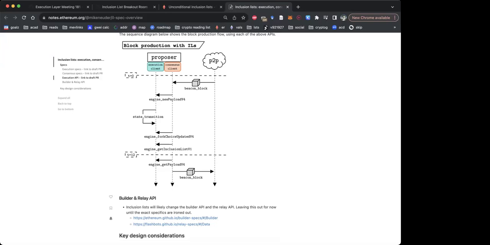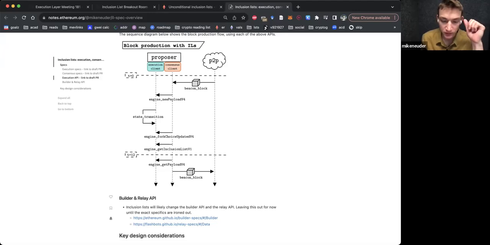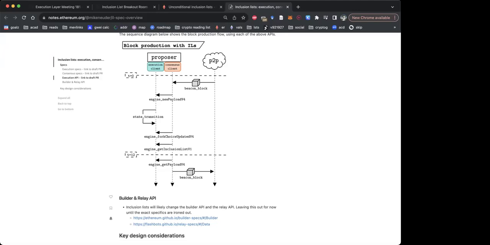Well, I was just saying that at that time you already sent the inclusion list over the network. Am I right? Well, you just sent it to the relay. I mean, how the publishing works is a P2P channel? You haven't sent it to the relay, Mike. You only sent, so the inclusion list summary goes with the block, and the relay doesn't have this block. You're just getting headers at this time.